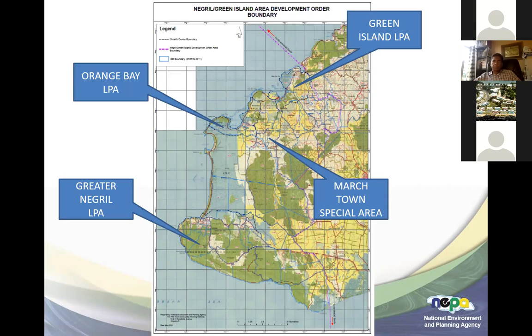And I should mention here, we know that one of the key areas of interest, and I surmise to the Chamber of Commerce, would also be the stretch along the Norman Manley Boulevard. And this area, while not identified as a local planning area, is an area which, in our overall order area map, will have specific zoning and policies as it relates to the use of land along the Norman Manley Boulevard.